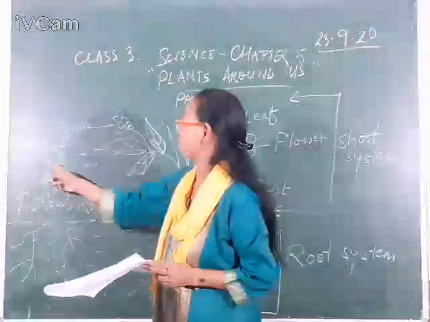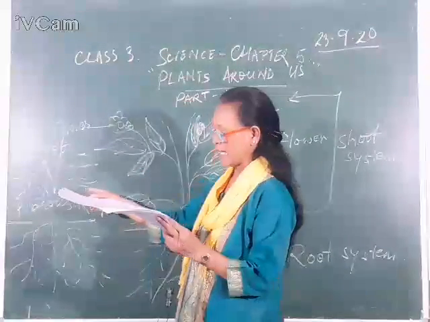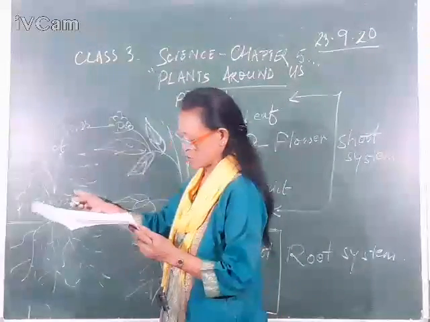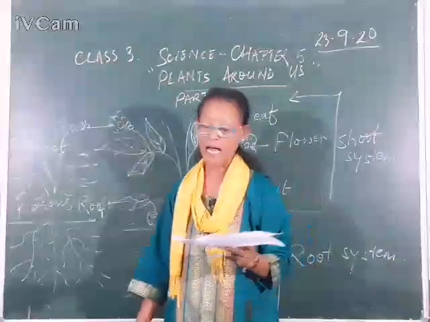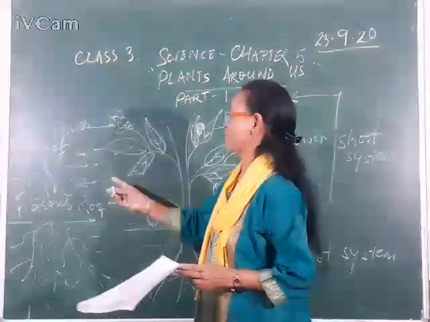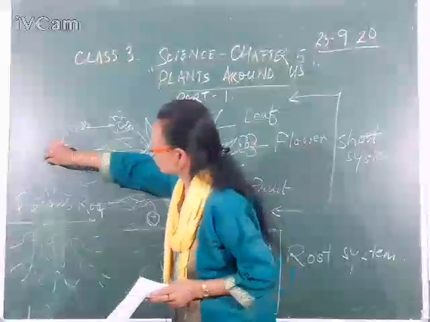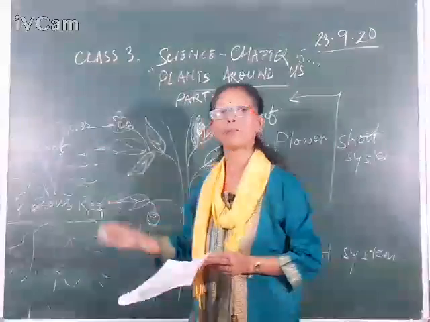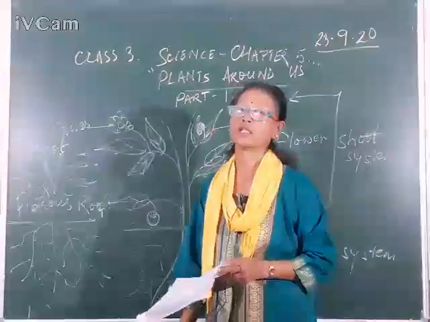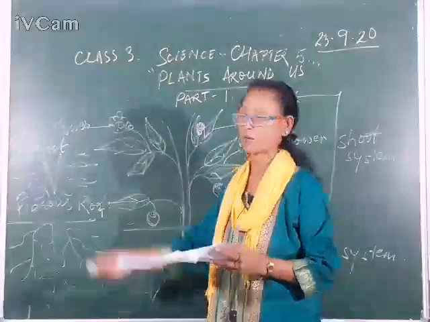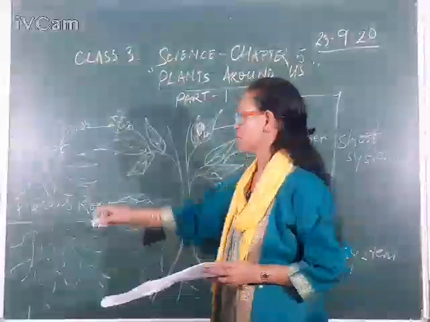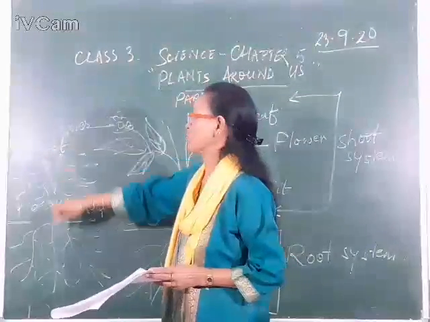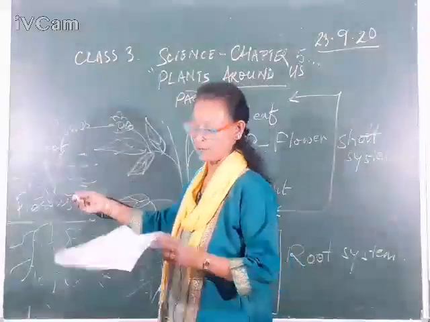See, this is the base of the stem. It grows deep into the soil. So plants like pea, mustard and bean have taproot. Okay. So this one I am going to show you as a clear picture in the offline class. You don't have to worry about this. But just to make the concept clear, I am drawing here. So this is a taproot.